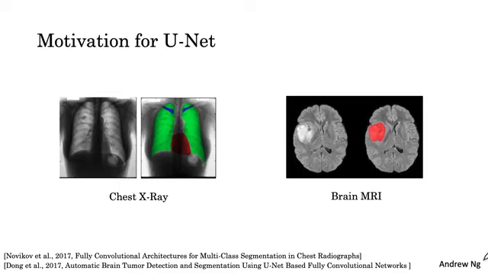These are a couple of images from research papers by Novikov et al. and by Dong et al. In medical imaging, given a chest X-ray, you may want to diagnose if someone has a certain condition. But what may be even more helpful to doctors is if you can segment out in the image exactly which pixels correspond to certain parts of the patient's anatomy. In the image on the left, the lungs, the heart, and the clavicle, so the collarbones, are segmented out using different colors. This segmentation can make it easier to spot irregularities and diagnose serious diseases, and also help surgeons with